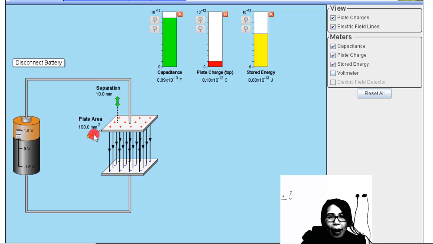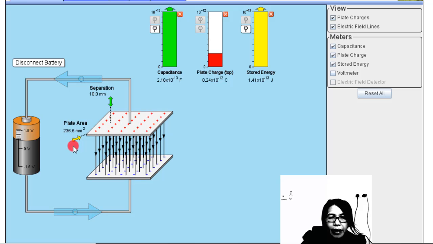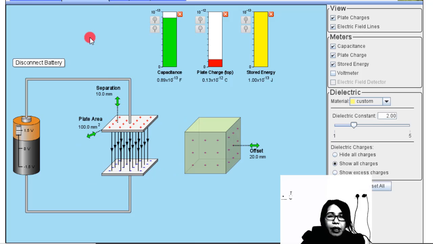And then what happens if I increase the plate area? As I increase the plate area, we will find out that as the area gets larger, more charges can be stored on the plates and the value of capacitance increases. Okay. Now let us see how the value of capacitance varies when we insert a dielectric in between the gap